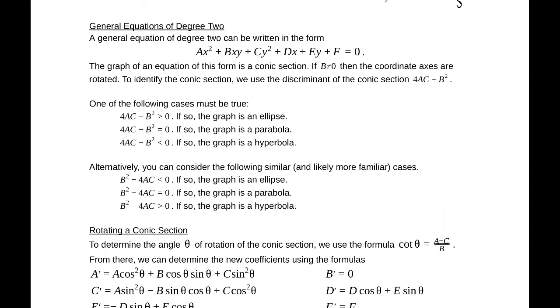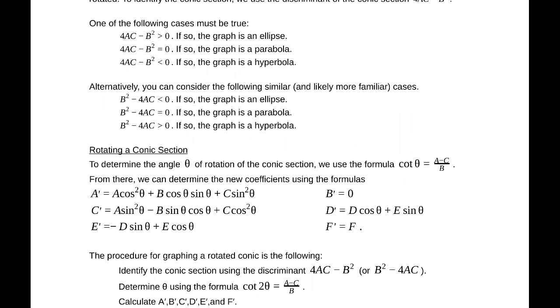So if 4ac minus b squared is greater than 0, then it's an ellipse. If 4ac minus b squared equals 0, then it's a parabola. If 4ac minus b squared is less than 0, then it's a hyperbola. All right. Now, as far as the rotations go,